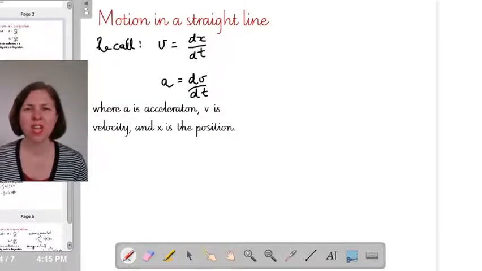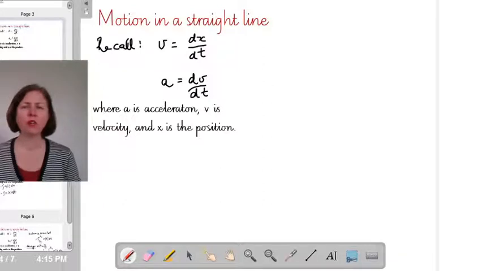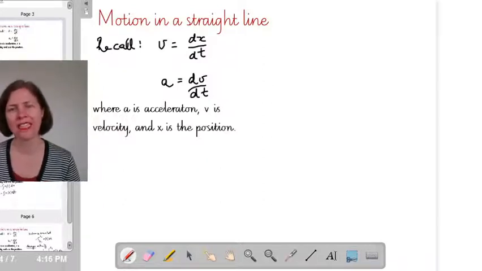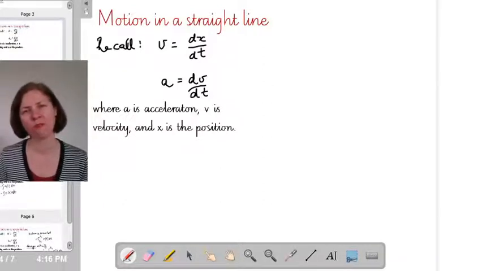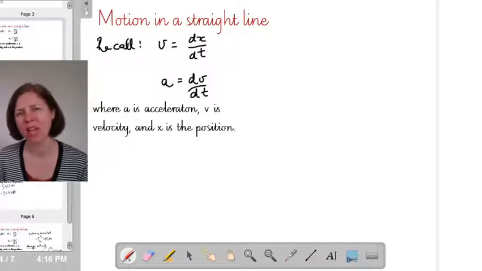In the previous video we looked at some applications of integration. We looked at the average value of a function. In this video we're looking at motion in a straight line as an application of integration. Before we get started, I just want to remind you about some things that we already know about motion